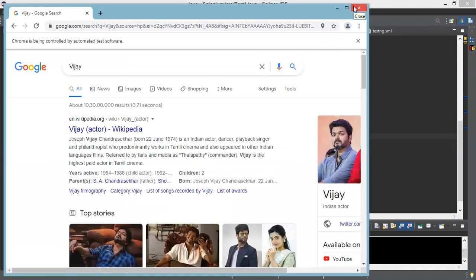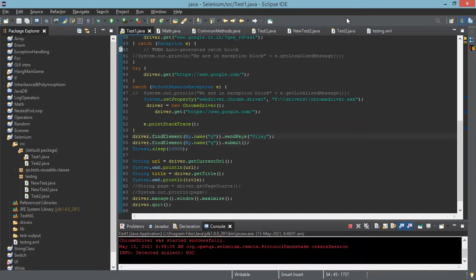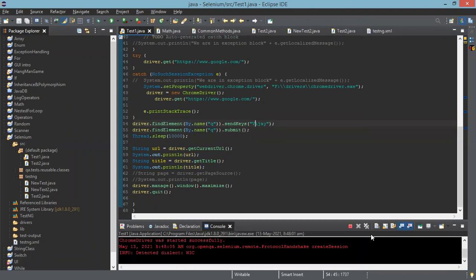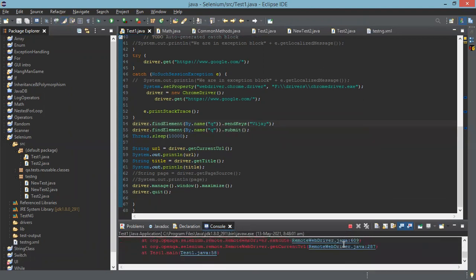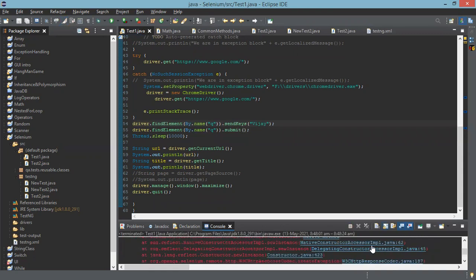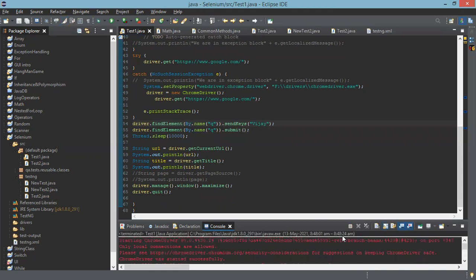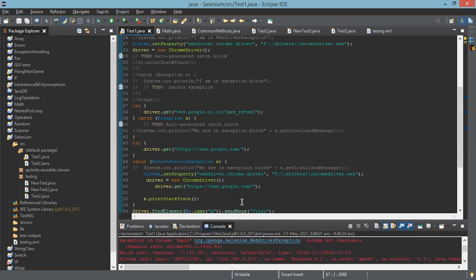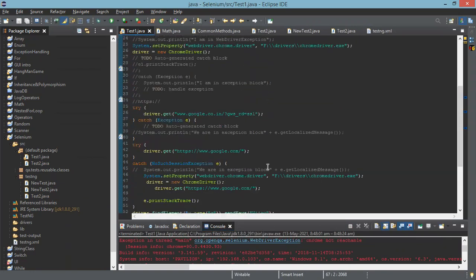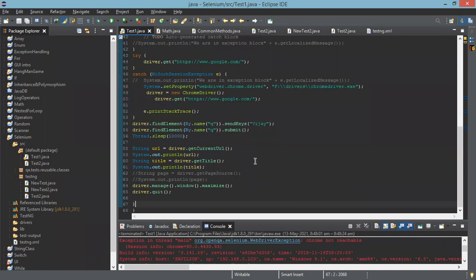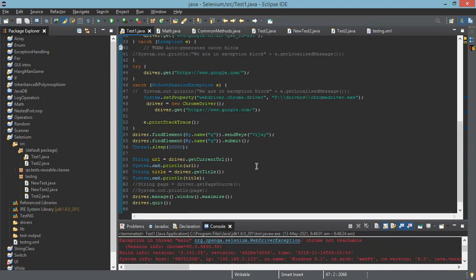Now I can check for the case sensitivity and for the data contents in all these things. How do we do that? Again, you have to go with your normal Java methods. What are the Java methods that we know? For string, how do you compare strings? In the URL, after line number 59, you type that.